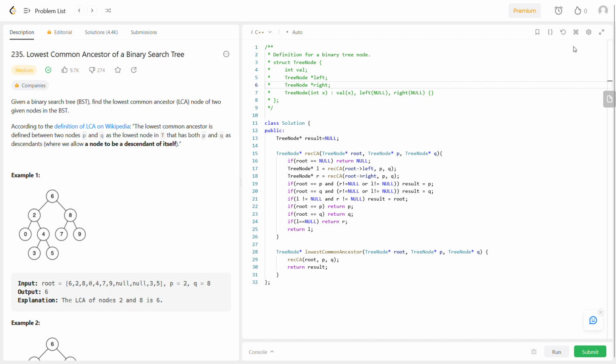Problem 10. Lowest common ancestor of a binary search tree. So given two nodes of a binary search tree, we have to find out the lowest common ancestor. We'll be solving this using recursion and we'll be passing all the input arguments into a recursive function, and next we'll be returning a variable called result, which is actually a global variable that is getting updated in the recursive